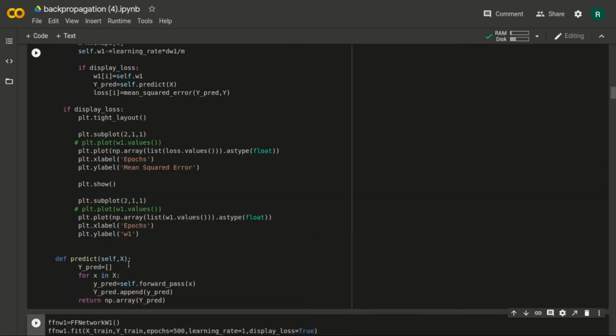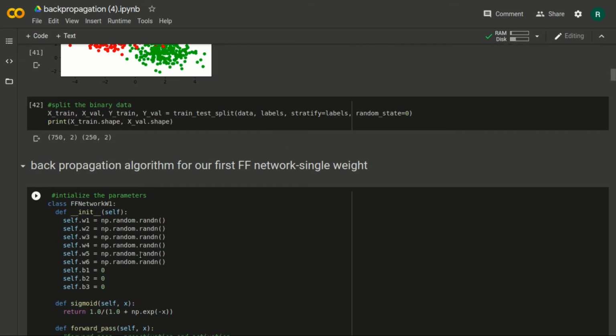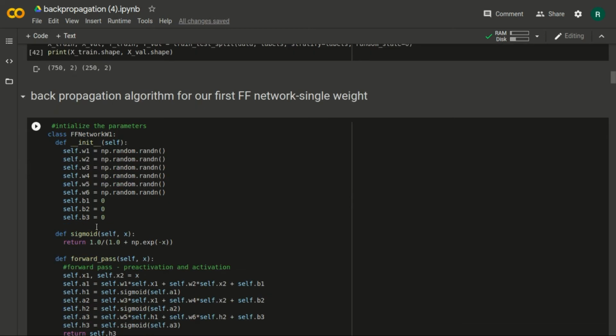Okay, so let's implement this code for FF networks, and this is the backpropagation algorithm for our first FF network, which is a single weight. What we have done here is, in the initialization of the function, we have randomly initialized the 6 weights and set the 3 biases to 0.